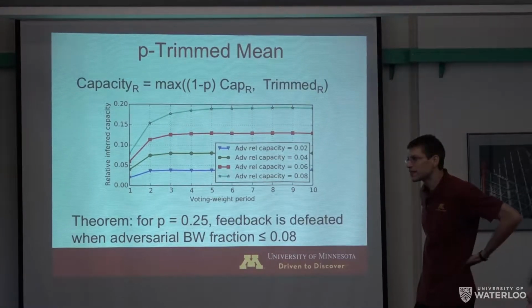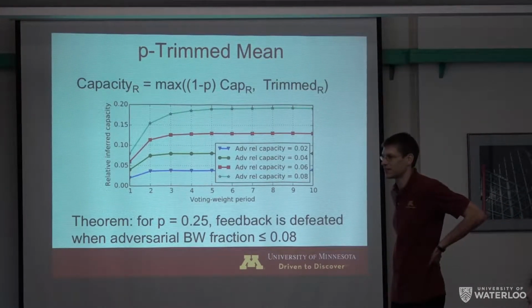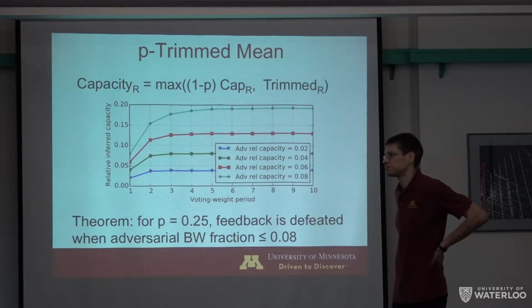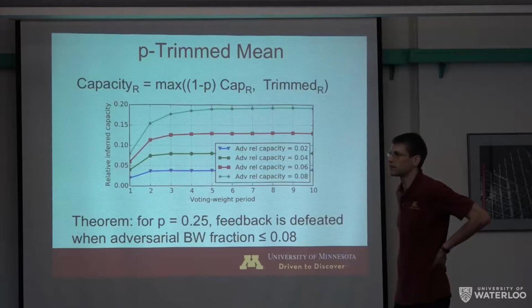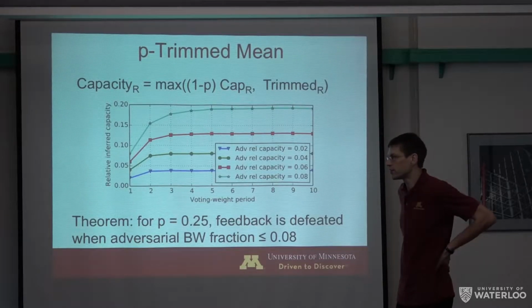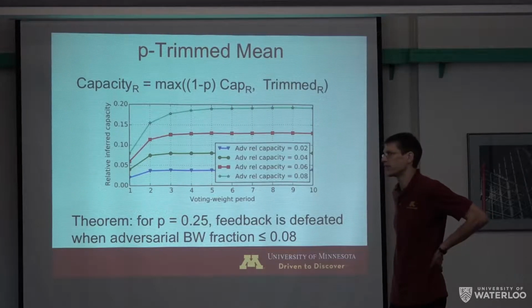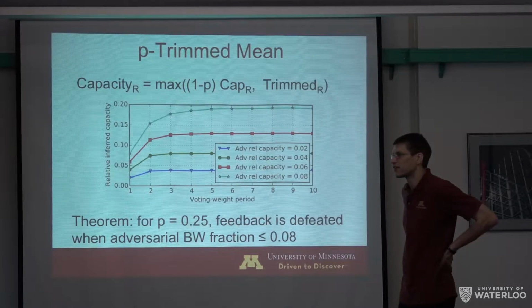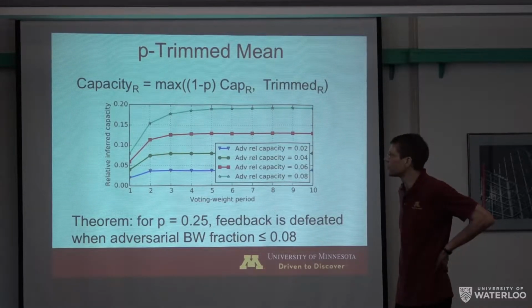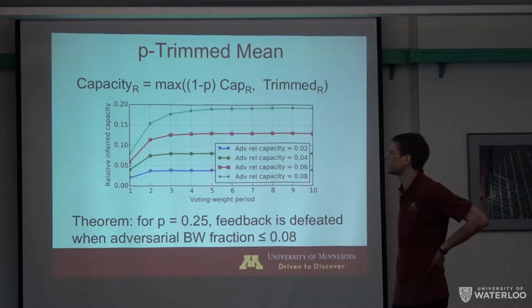Let's say an adversary had more than 8% and was able to do this attack. By monitoring the consensus, could you at least notice this attack was happening? I mean, plausibly you could. It gets into, so like some of the tricks you have to do here are that you will,